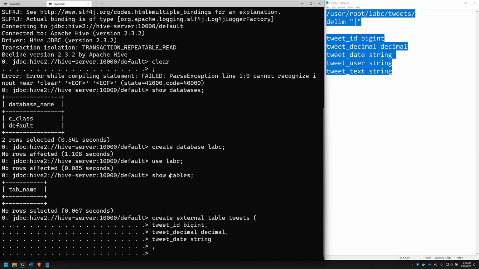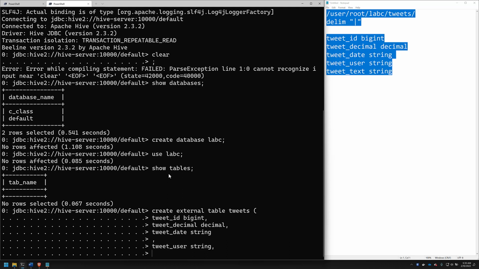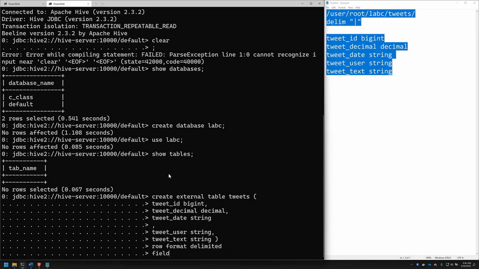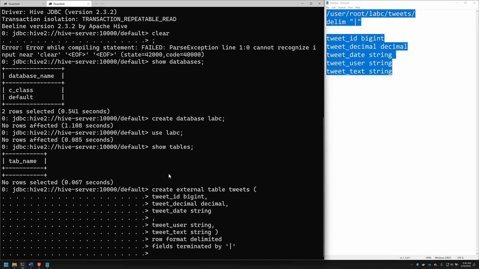That's all right. I'll throw the comma there. Tweet, user, string, tweet, text, string. And now I've got to do my usual jazz where I say row format delimited, fields terminated by a pipe. I can't remember if it's a single quote or a double quote. I think it's a single quote. Location is going to be user